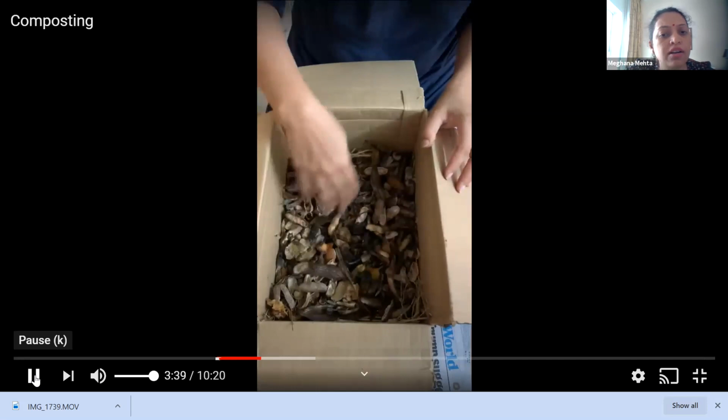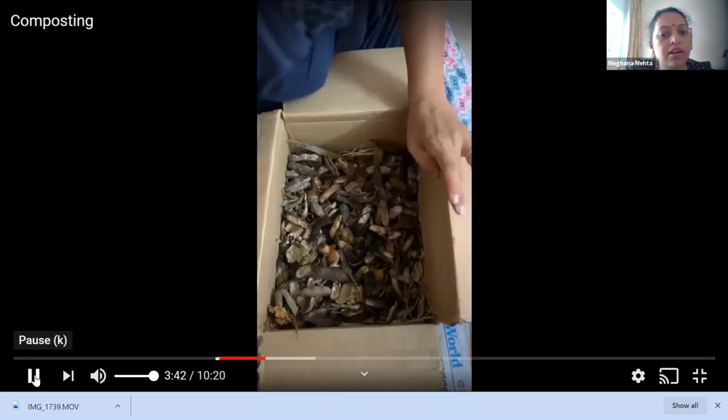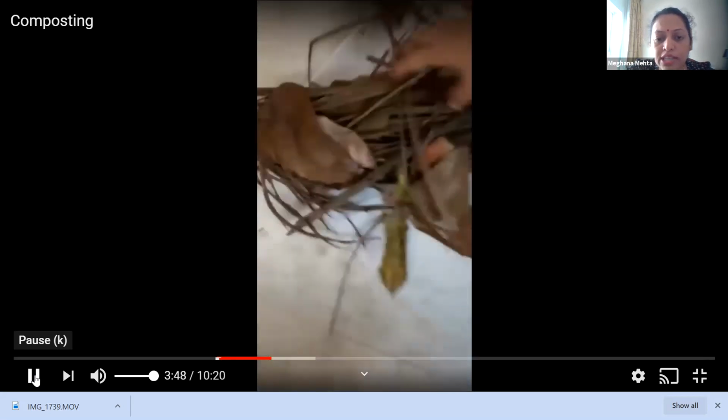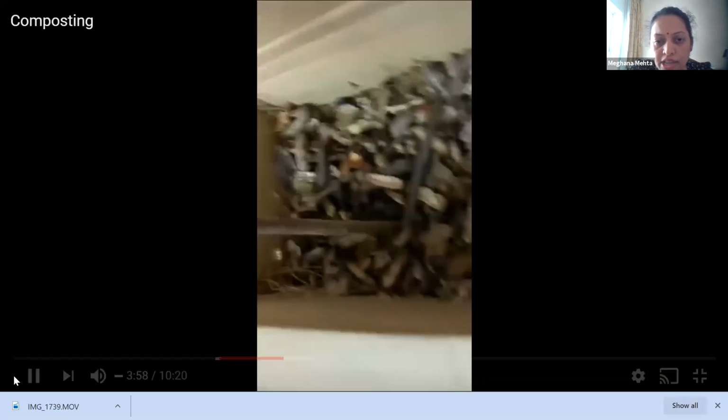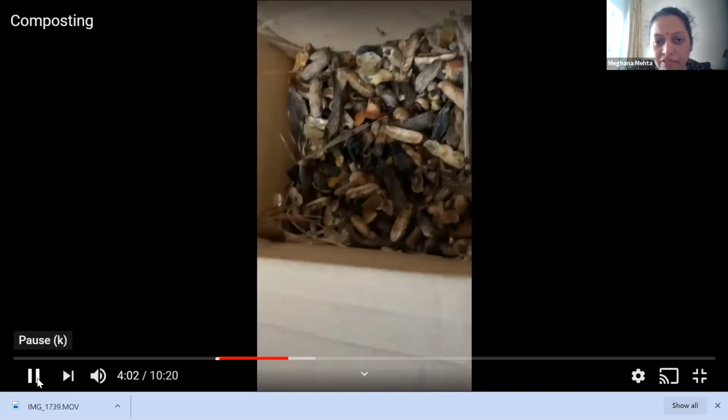You see, we have a layer of brown, and now we put browns. These browns have been collected by me from the garden. You see the stick is not just cut and put in.